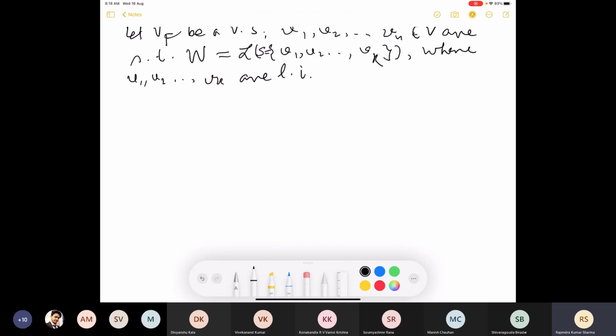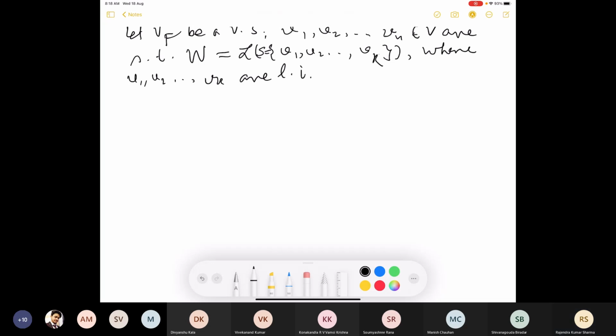Okay, so once again, V is a vector space over the field F. V1, V2, Vn are vectors in V, and suppose from these vectors, say V1, V2, Vk, which may be written in that order, are linearly independent,